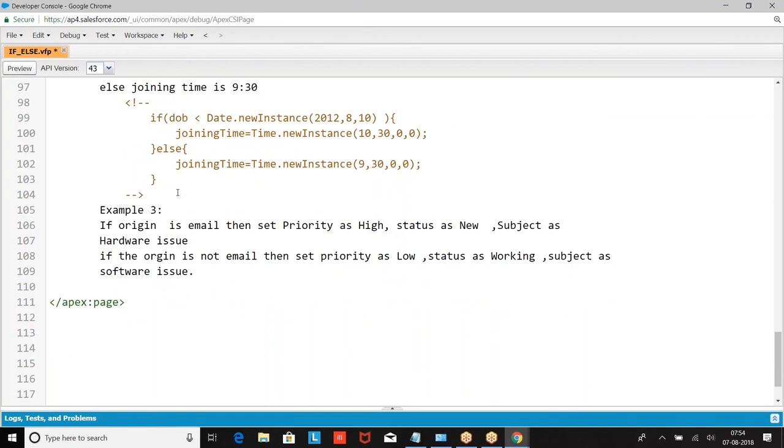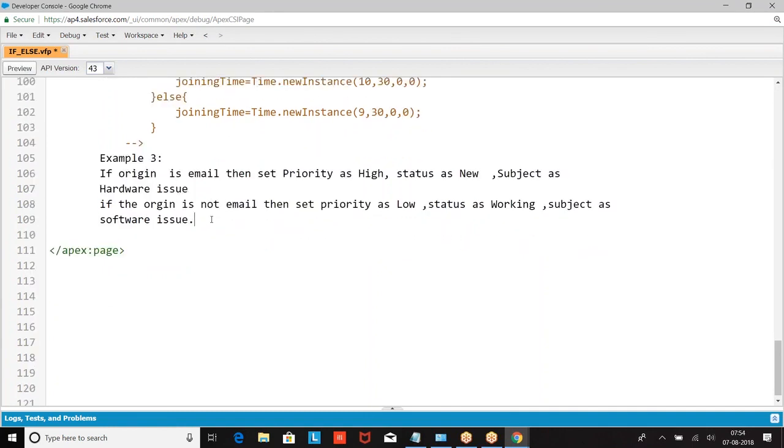Write the second condition. Then what do we define here?